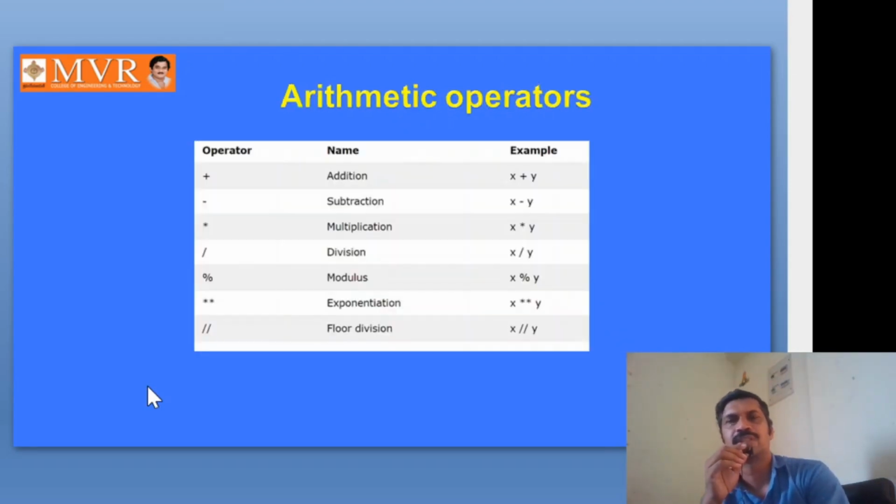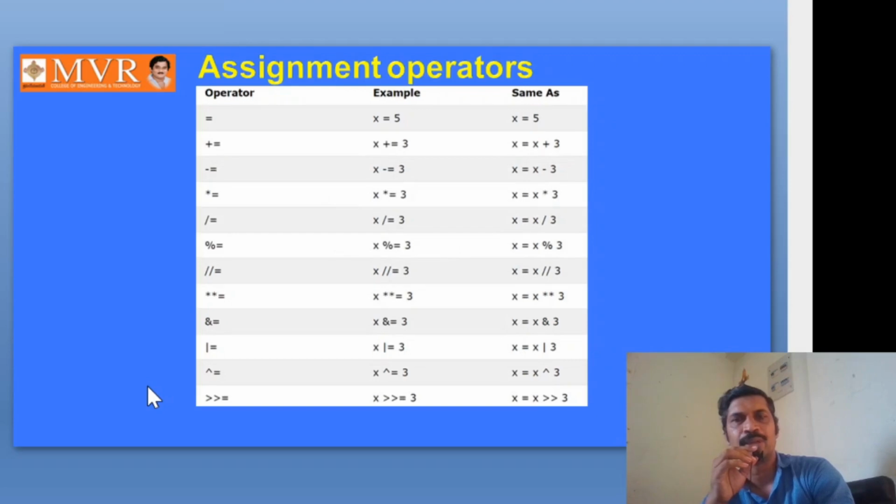These are the arithmetic operators. We have done some programs also: plus, minus, star, slash, percent, exponent, floor value. Next, these are the assignment operators. Everyone, at the command prompt, do some work using every operator, just one line. Okay, C star equal to 7. I want to increment the value of C by 1, so what I will do? C plus equal to 1. Okay, C star equal to 2. Like that I will do the operation. These are the assignment operators.